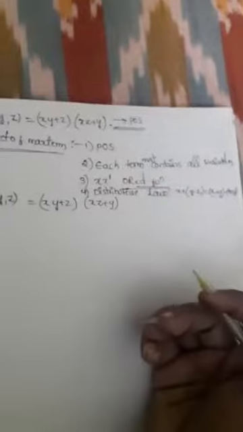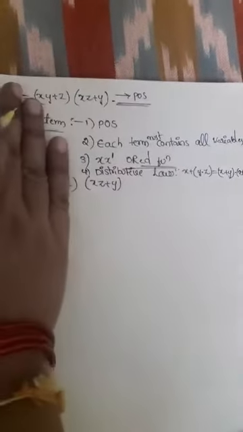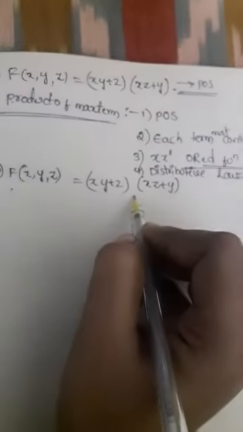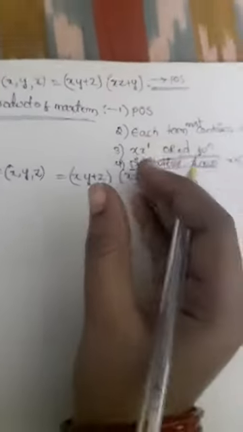So finally we'll get one expression, right? That expression we check for POS. After that, we use the rules that are applicable for that function. Okay, so first this is the expression, right? So what is the first step? It is applying the distributive law. First of all we need to apply the distributive law.